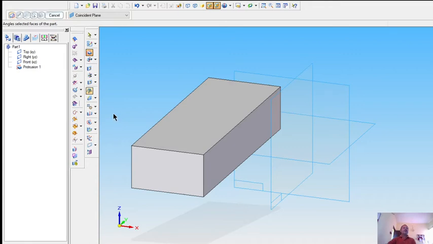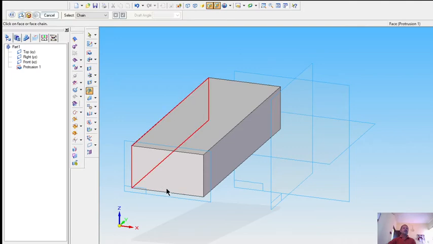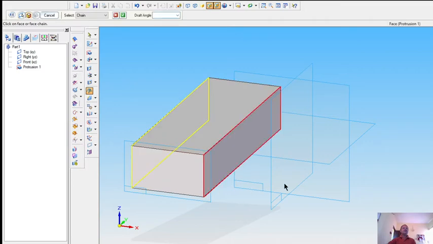So click add draft, click on the planar face or reference plane. So this is a planar face or a reference plane. Click here, click on the face or the face chain, click every face of this.